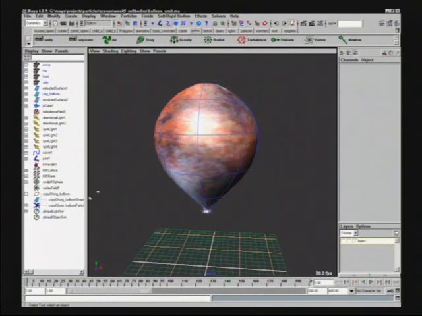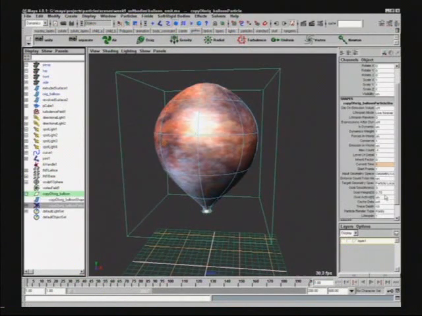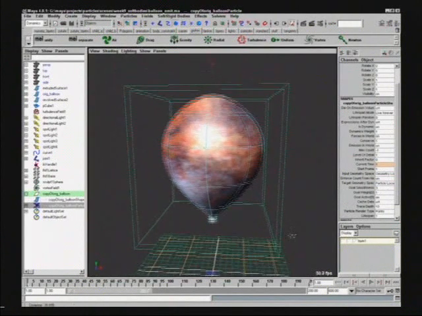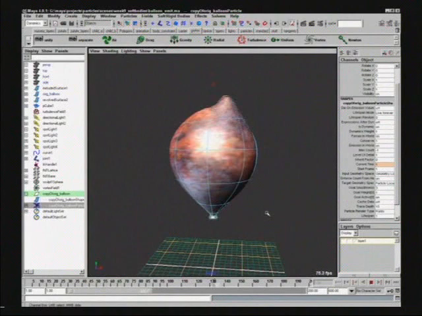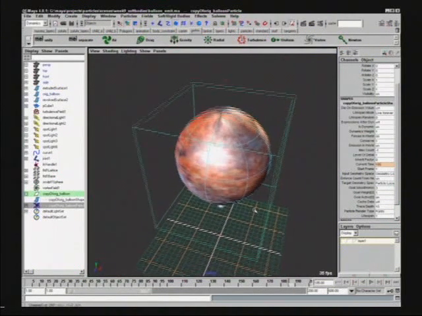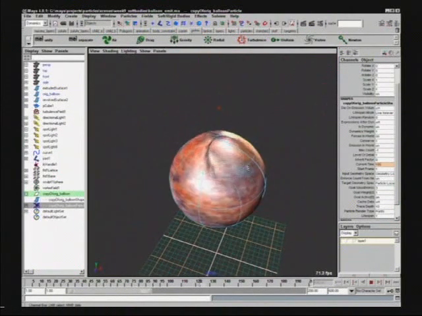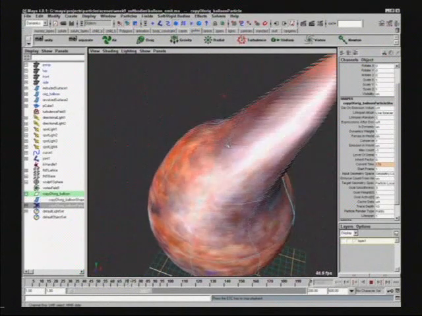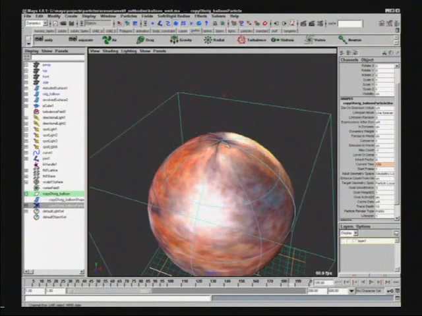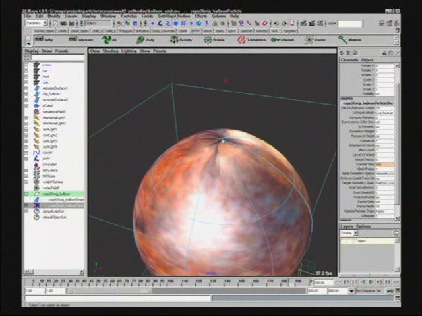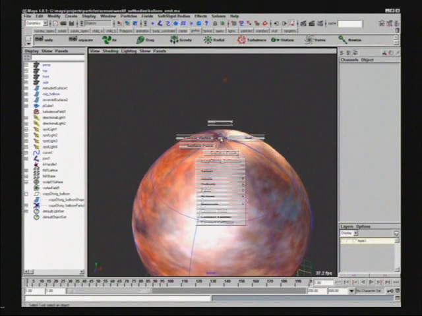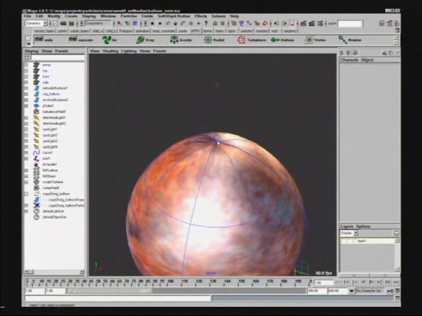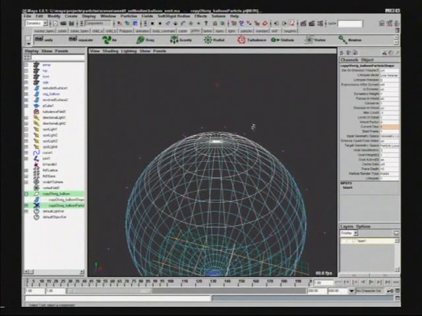And then we could go to our balloon, put the goal weight back to a value of 1 in the channel box, but we're still going to get this exaggerated behavior. Now be aware in here that when I hit play, there are a couple of vertices at the top of the balloon that didn't get the exact same goal. And when you have something like this revolved surface, we actually have several vertices on top of each other at the top. So for that, you might choose to fix that by just jumping, just for those points, into the